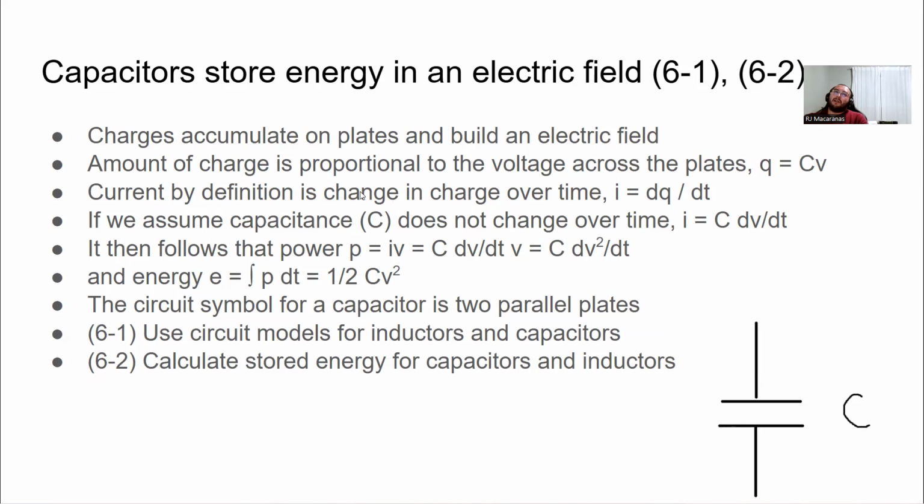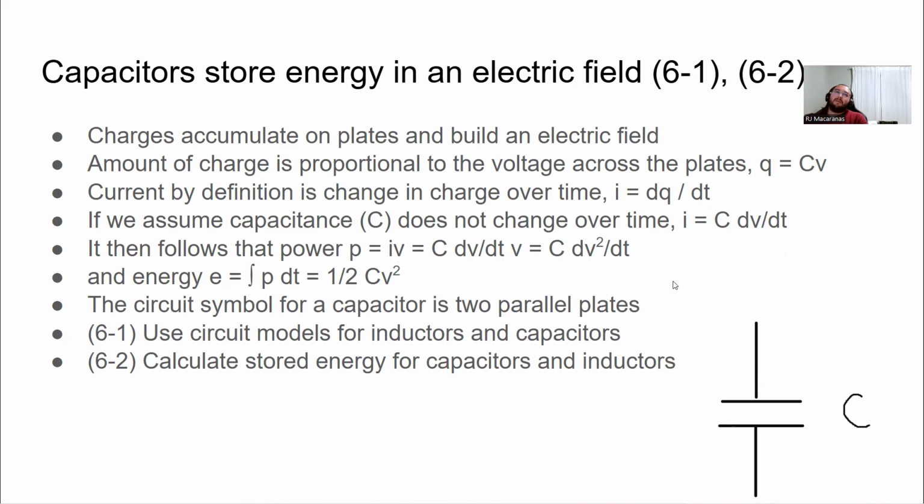We can actually figure out current, right? Because current by definition is just the change in charge over time, so dq by dt. We had discussed that before. And if we assume that the capacitance doesn't change over time and we just take the derivative of this CV, then we end up with the current through a capacitor is equal to the capacitance times the change in